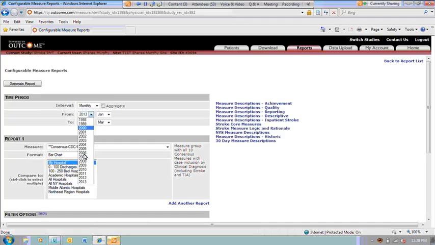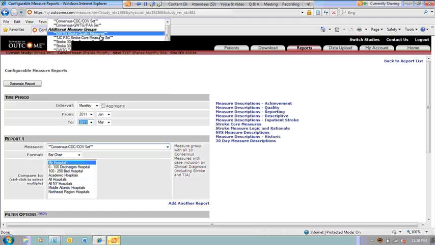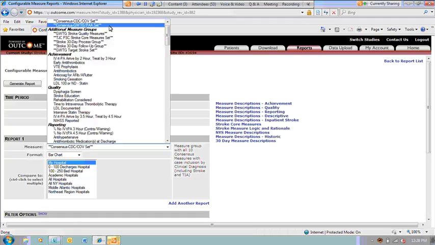And again, because this is a demo site, I'm going to choose my year as 2011, but you can pretend that we're looking at the first quarter of 2013. And again, I'm not going to aggregate it because I want to look at the individual months. Because I'm looking specifically for our status relative to the award, for my measure, I'm going to choose the Get With The Guidelines PAA, which is the Performance Achievement Set.